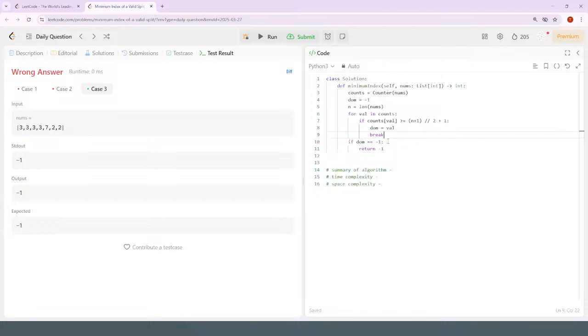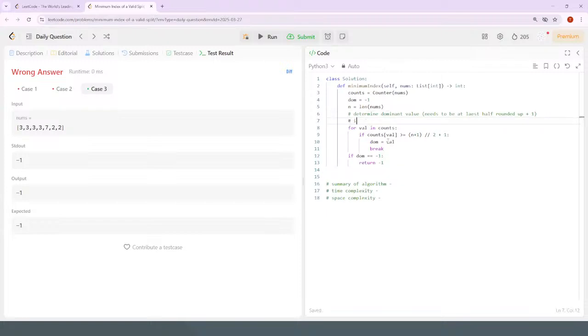Alright, so this is determine dominant value. It needs to have at least half plus 1, half round up plus 1, in order to be at all splittable. And if it is, at least if it does find it,